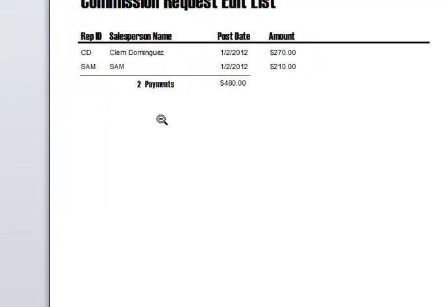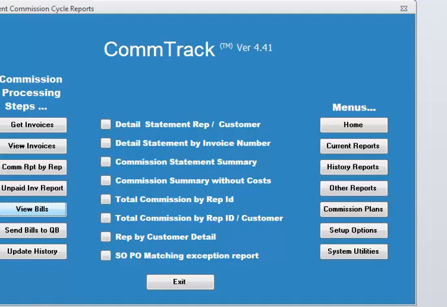Okay, that's what I want. Now you can see the sales request edit list. This is the summary of what's going to be sent to QuickBooks. And then you would click on this to send the bills to